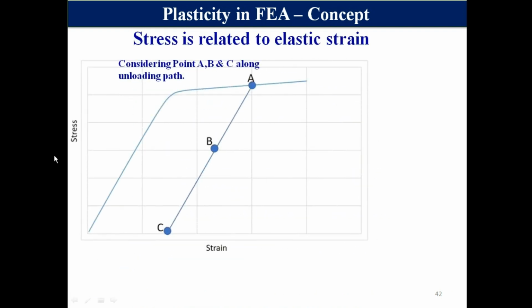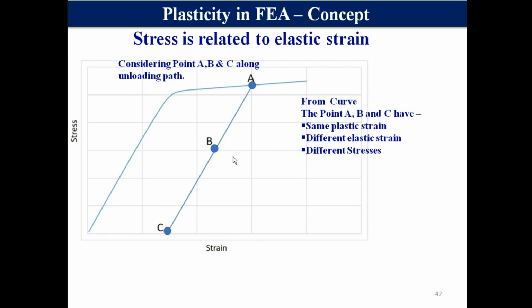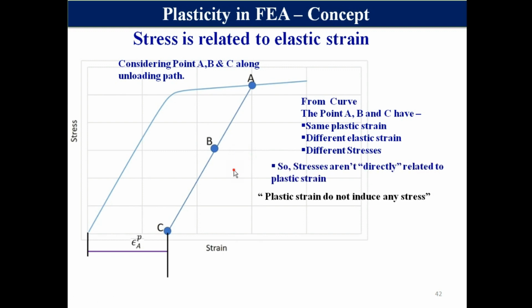So now again we have loaded, yield, then up to Y, then further loaded, and then unloading. This time we are just putting some more points, let's say A, B and C, over here. Same path, considering the points A, B, C as unloading points. So what we can see from this curve,